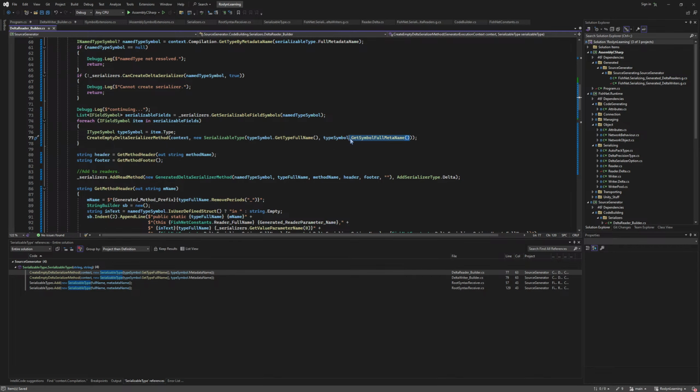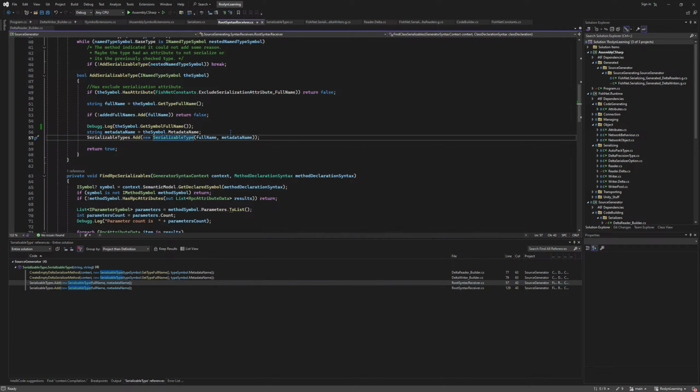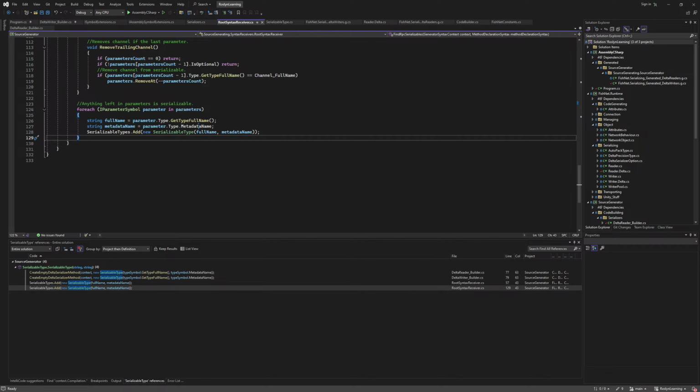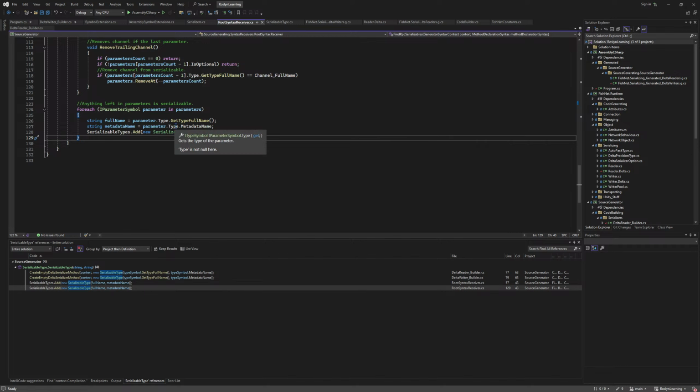There we go. Again, full meta name. Metadata name. I'm gonna do this. I don't really need this variable here. Oh, that might be different. It is a symbol though, so I'm gonna actually do